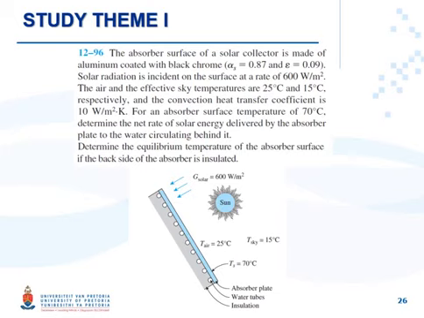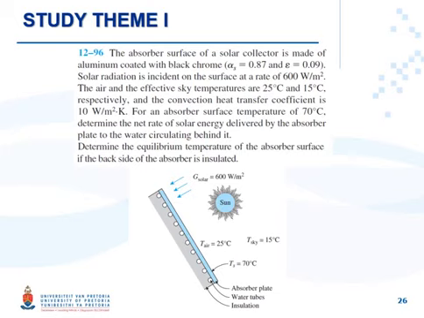This is question 12.96 of your textbook. As you can see, the absorber surface of a solar collector is made of aluminium coated with black chrome, so of course an opaque surface. We have the absorptivity, we have emissivity. Solar radiation is incident on the surface at the rate of 600 watt per square meter. The air and the effective sky temperature are 25 and 15 respectively,